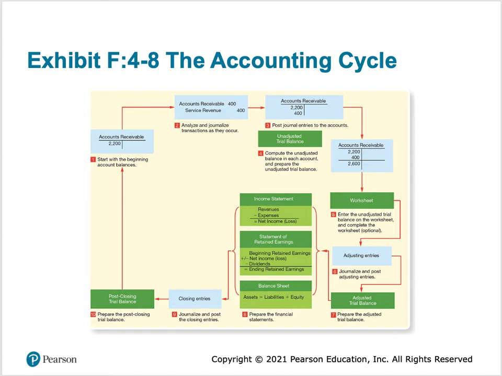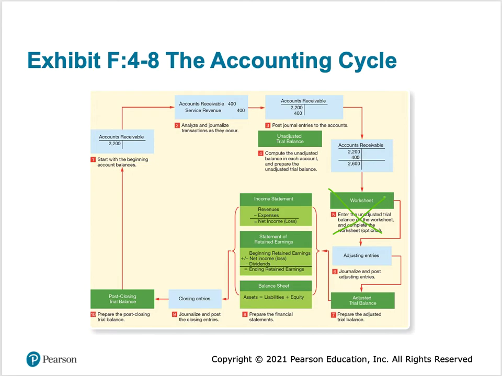Then Part 5 says that we can enter the unadjusted trial balance on the worksheet and complete the worksheet, and that's optional. And so a lot of times we don't end up doing that. But if you prefer that worksheet and you like doing that, you can. Once we're there, we will complete the adjusting entries, and that's what we did in Chapter 3. And if you remember, those are the really important adjusting journal entries that we have to do to update so that our revenues and expenses are reported in the period that they belong to. And if we didn't do that, it would misstate all of our financials